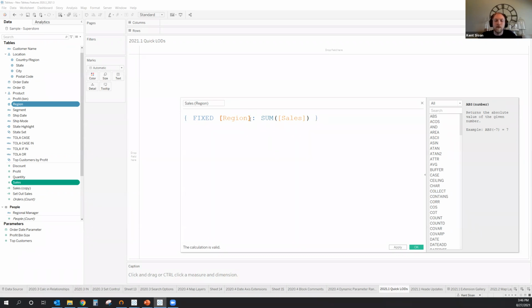So for example, I want to fix it by the combination of region and state. I can then make that addition, tweak this, and then save it out, or say what I actually want here is average in this scenario instead of sum. I can make those changes. So it's just a way of helping speed up starting an LOD calculation, but it by no means is going to solve all of the situations or types of LODs that you're likely to write. Also, it assumes fixed, which admittedly is 95% of, I'd say, our LODs, but you can still come in here and change it to be include or exclude as the type of LOD that it is.